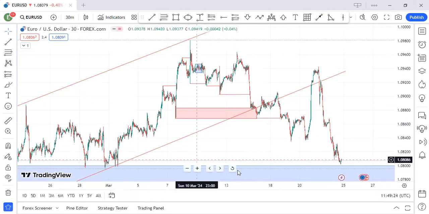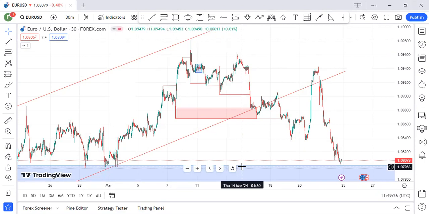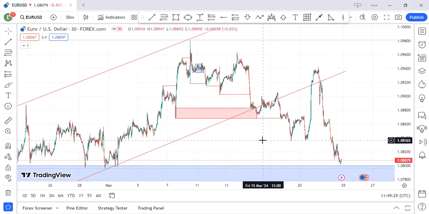So on the last video, we talked about how to spot fair value gaps, which you might know as imbalance. I promised that in the next video, we'll be talking about how to catch entries using fair value gaps. And mind you, I always say to you that